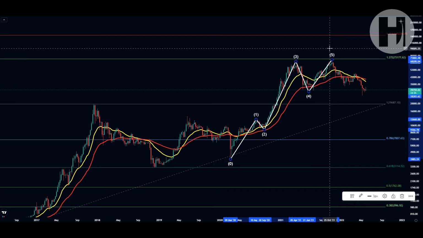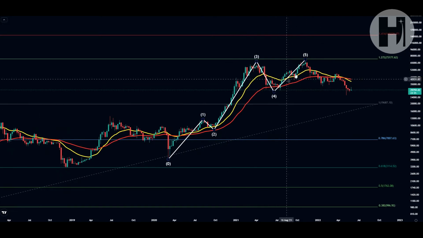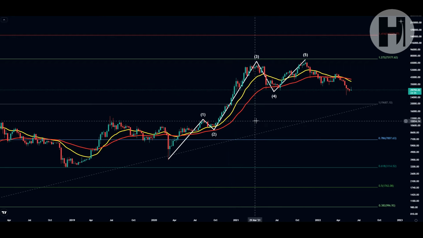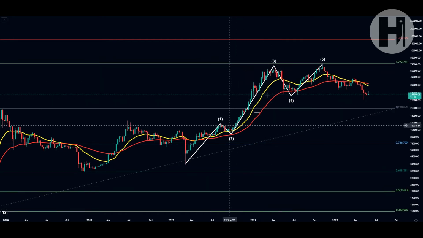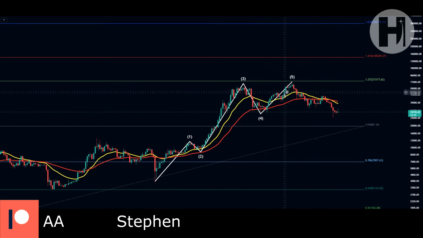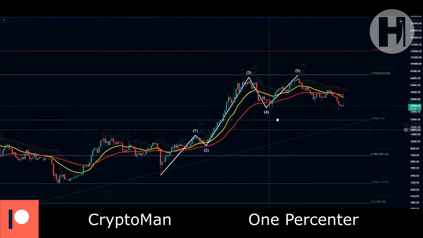Okay. Now the wave 5 sometimes could be higher than or could be bigger than wave 3, but usually wave 3 is the largest, and it can never be the smallest. Okay, it can never be the smallest wave out of all of these. It can be smaller than 1 and 5, although 5 can be sometimes larger than 3. So this is basically our